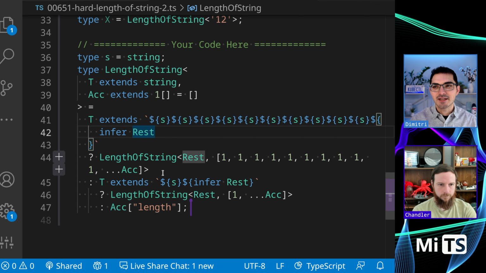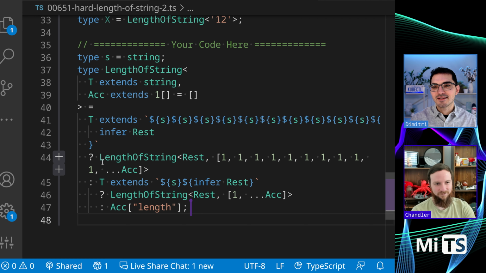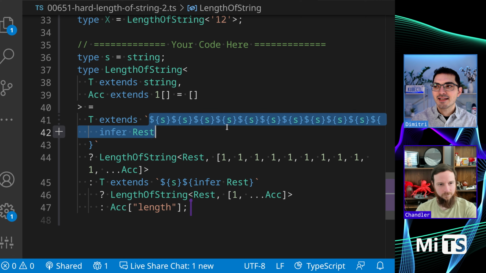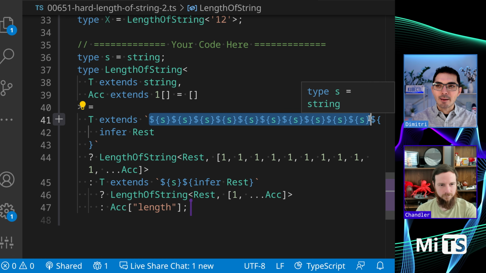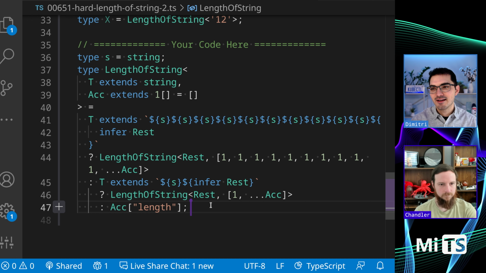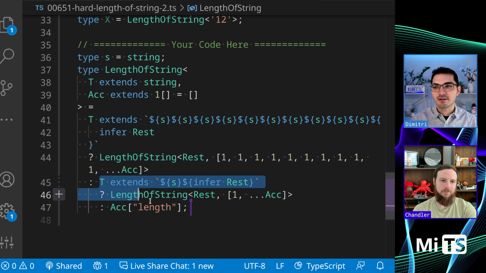TypeScript, when you do big challenges or challenges that have a lot of recursion like this, sometimes the TypeScript language server will crash. But at the end of the day, it does basically the same solution we saw before. So it's globbing like 10 strings or 15 strings at a time, you see? Mm-hmm. And then at the end of it all, it will bring them together by doing like the 1 by